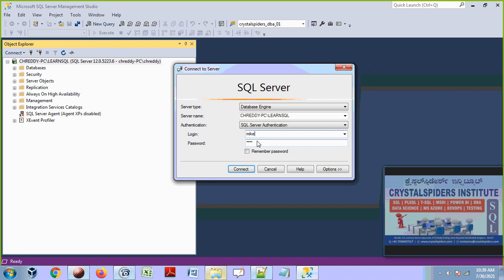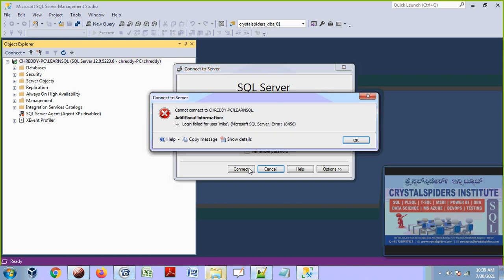When we select SQL Server authentication, whatever account name we mentioned here, that login name should be there inside SQL Server under the logins, with the same password. Then SQL Server will authenticate: okay, he is the right person, let him connect to me.